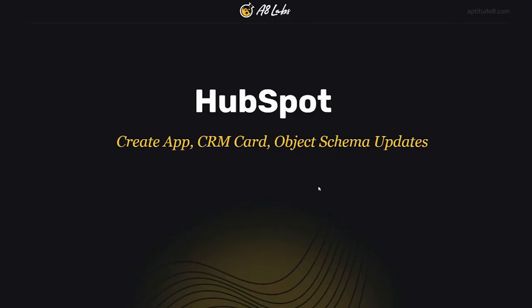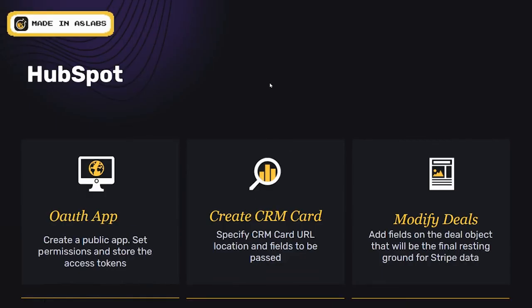Okay, so now that we have our app created, let's go ahead and do a few changes to it. The things we'll need to keep in mind as we're building this is that the app itself, remember, just registers your externally lived app with HubSpot. But we need to do a few updates there.